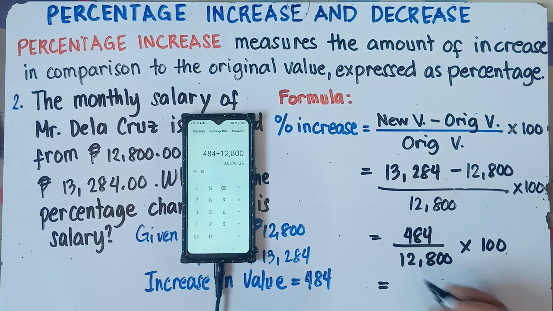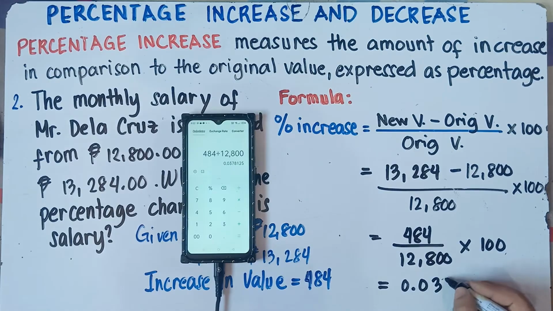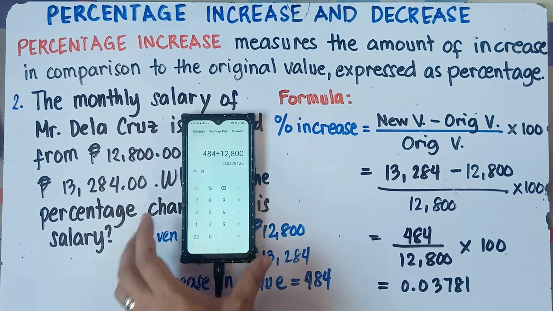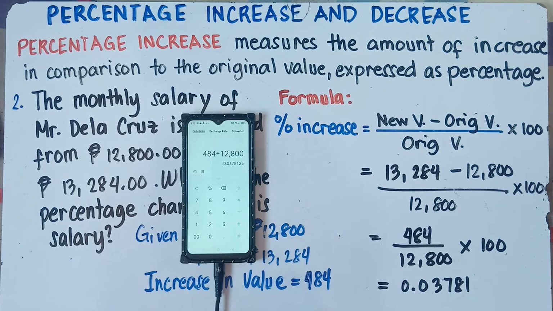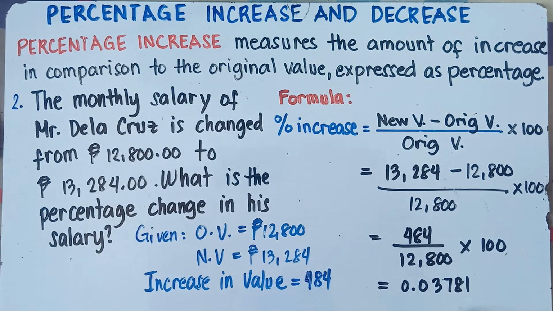So let me just write it here, class, for you not to be confused. 0.03781. Once again, class, we need to have at least 4 numbers for the decimals, including the 0, of course. So 0.0378. After 8, that's 1. So 1, we need to round down, right? Once again, we need to have 4 decimal places, class. If you have an example like this, you need to have at least 4 decimal numbers, including 0. So, 1, 2, 3, 4.